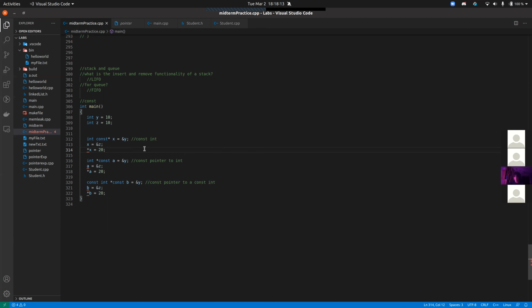So with this syntax on line 312, if we have int const *x equals the address of y, where these are just integers, what this means is that what it's pointing to is constant. So we can change the pointer all we want. We can change where this pointer is pointing to, but what we can't do is change the actual integer that exists at that location, right? So we can't dereference this pointer and then try to change that, because the actual integer at that location